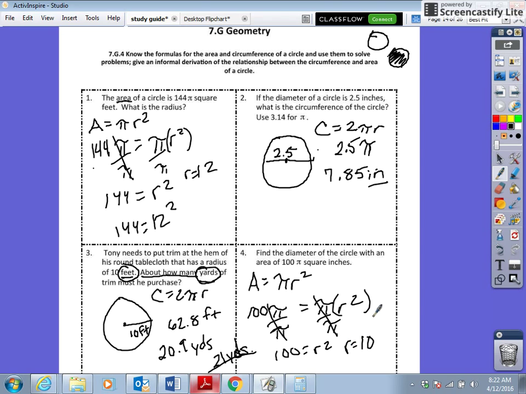Now, 10 might be one of your answers, and you'll feel so good about yourself. However, it asks you for the diameter. So the radius is halfway, so that means the whole way would be 20. So the diameter equals 20. Pay attention to the words in the questions. You might want to highlight words like diameter. You might want to highlight words like area, radius, those sorts of things, so that you notice what you are looking